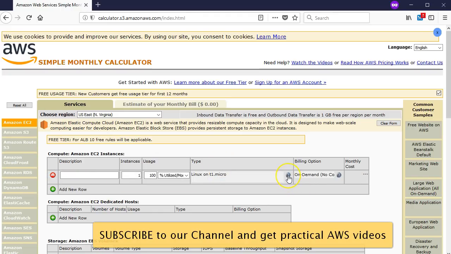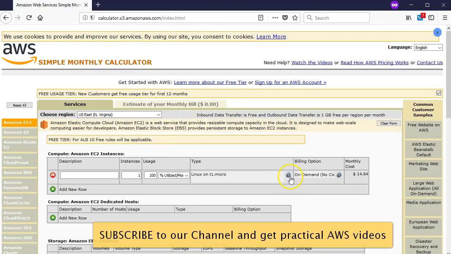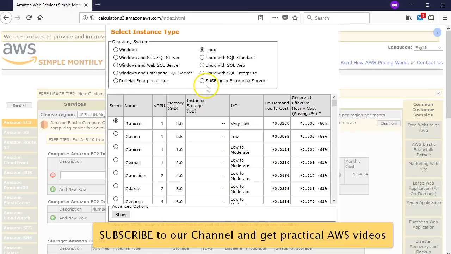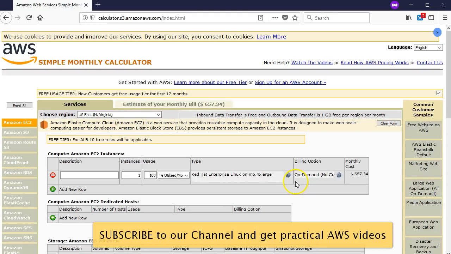So if I'm creating an EC2 instance, it takes some time to load. Now it should come, yeah. So let's say I want to go with RHEL, Red Hat Enterprise Linux. I can go ahead and choose an M5 4x large instance. Now, I can write some description, I'm leaving that. How much is the utilization? You can specify in hours per day, hours per week, month, or percentage utilization per month. If you are taking 100% utilization, considering that it will run 24/7, all 31 days, then